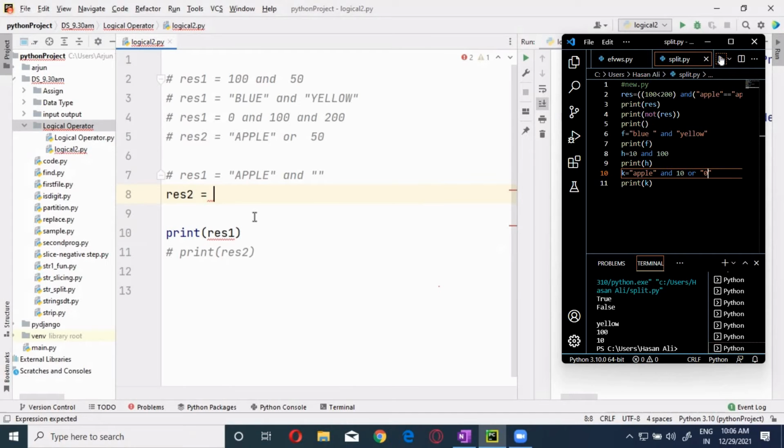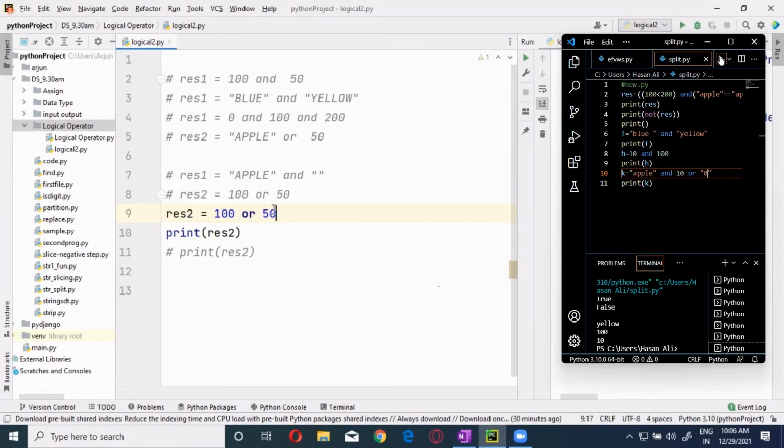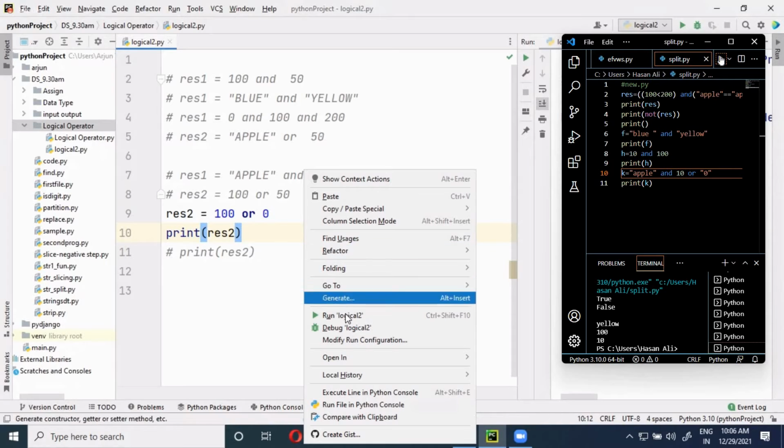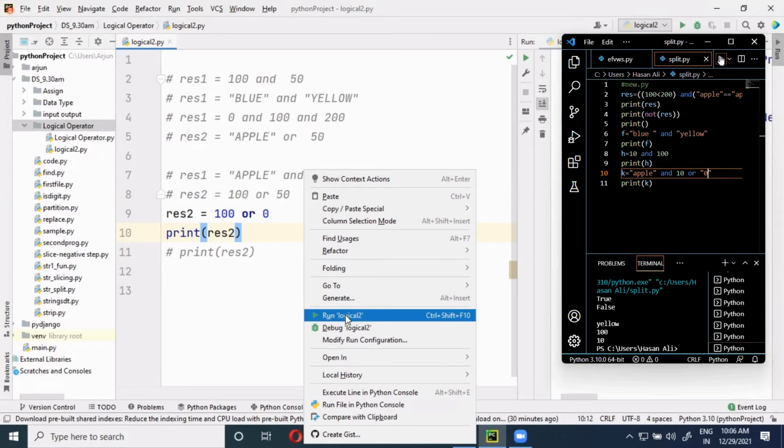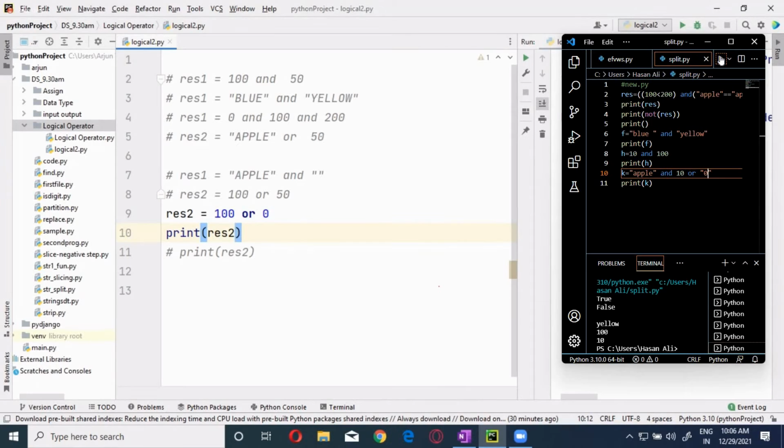Now, when we use 100 or 0, 100 or 50, we are going to get 100 as result 2. Right? Comfortable with this? We are going to get 100. Now, when we are doing it something like this, here I am using a 0. 100. Or